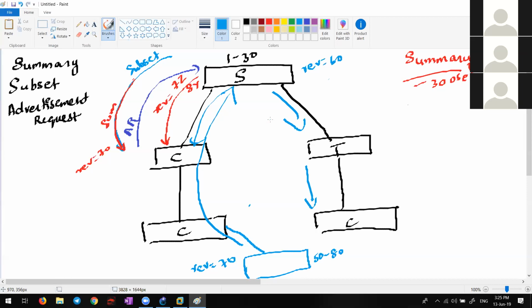There is actually one more issue. What is it? By looking at the picture, what do you think? There is actually one more issue with VTP. Advertisement request is the problem.